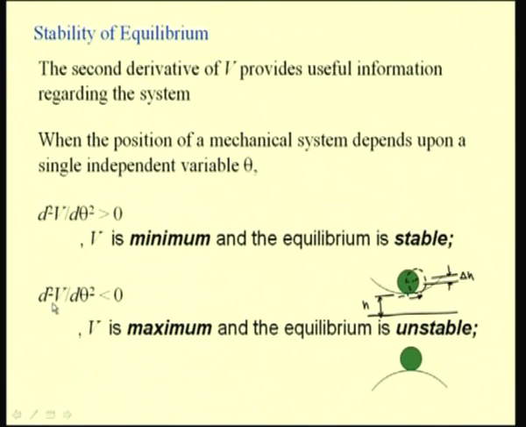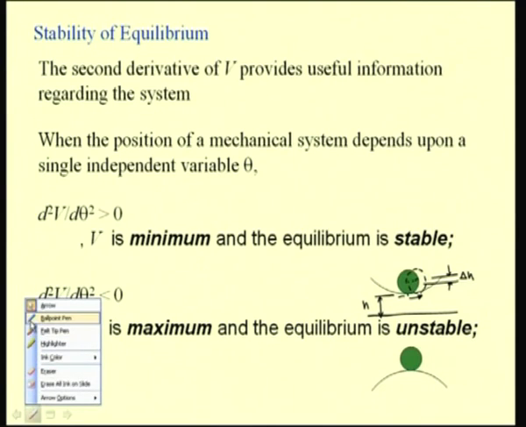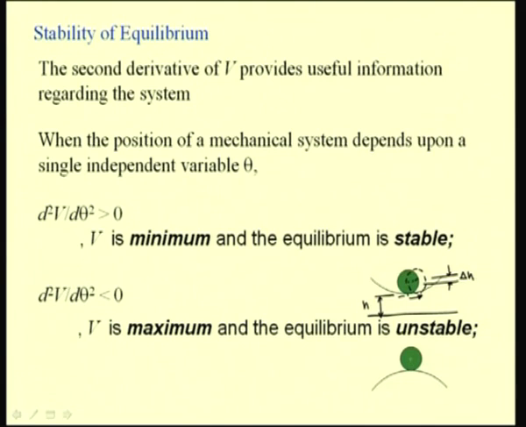If the sign of this quantity, d square V by d theta square, is negative, that is, less than 0, then V is maximum and the equilibrium is unstable. This is depicted by a sphere situated on a surface. For this position the sphere is in equilibrium, but if it is displaced by small amounts, say it is moved from this position to this, there is a small change in its